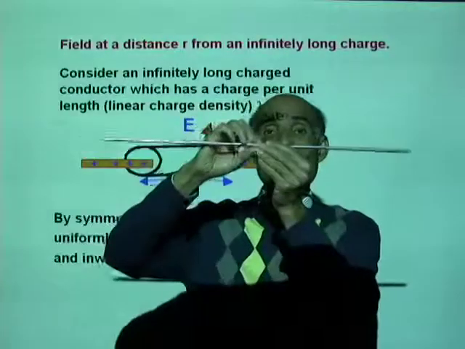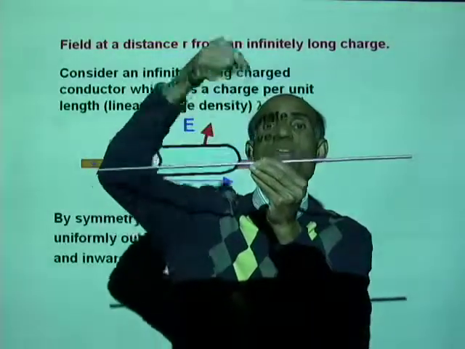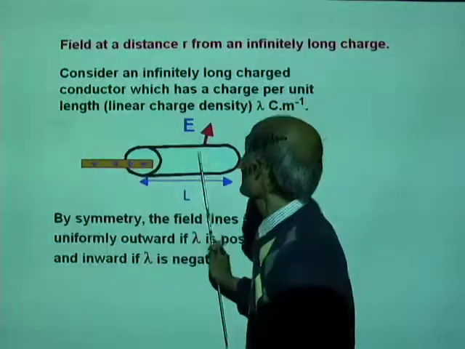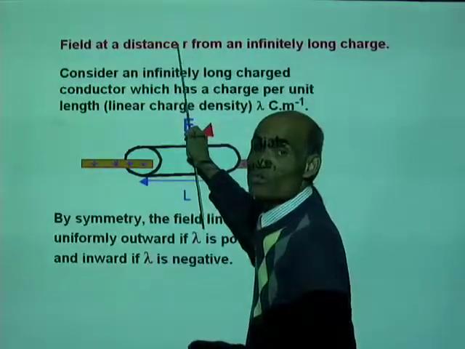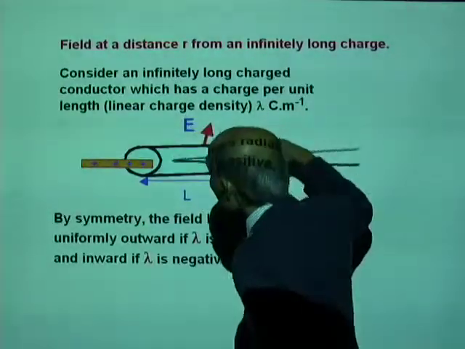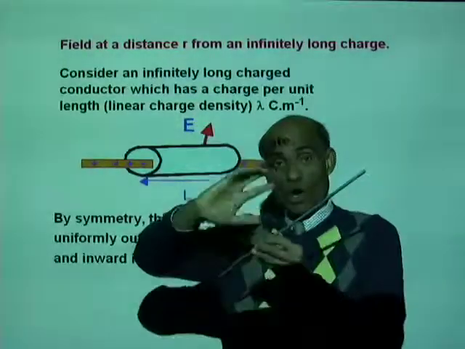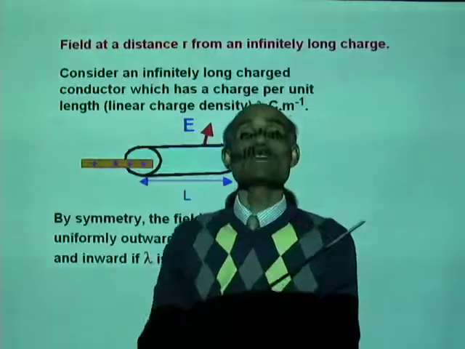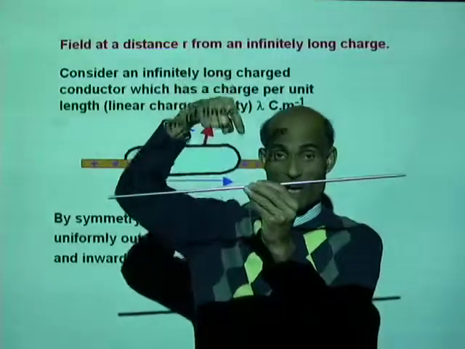So if this is a positively charged object, the field lines will radiate outward. That means the field lines will be crossing this cylinder at right angles, in that direction and also downward. All over the cylindrical surface, the field lines will be radiating outward. If the charge on this is negative, the field lines will be